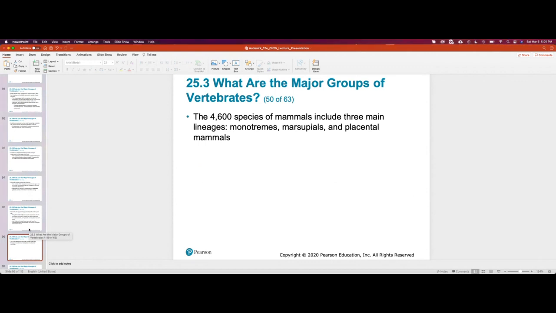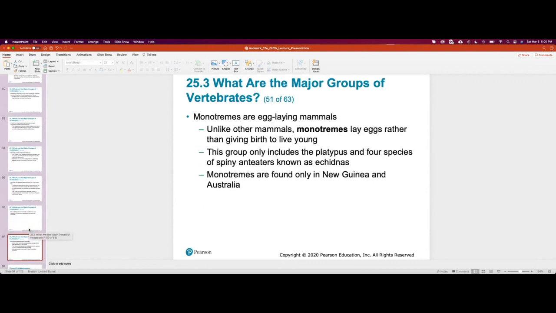All right, so among mammals, there are going to be three lineages: the monotremes, the marsupials, and the placental mammals. Monotremes lay eggs rather than giving birth to live young, which makes them a little bit unique. They include the platypus and spiny anteater,